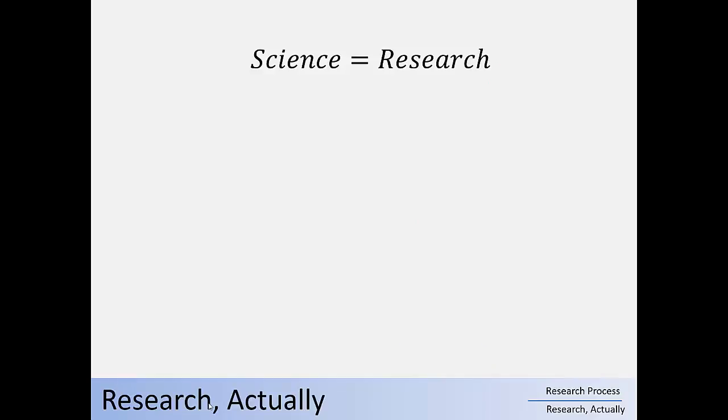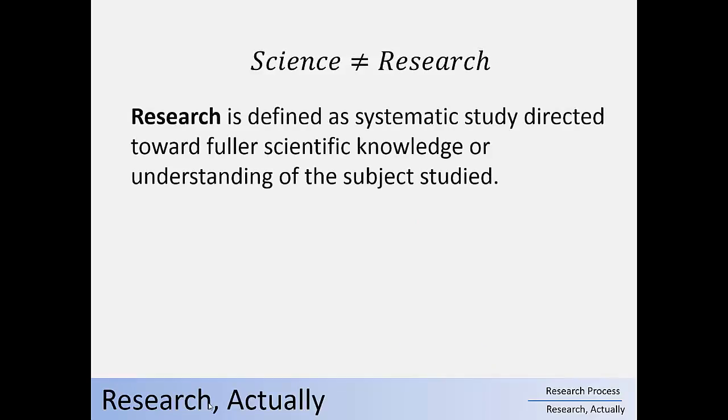So first of all, we have to separate science and research, because they are defined differently. I have the definition up on the screen, and you'll notice that we can do research on any subject. You can design a research study in humanities, and you can design a research study in business. In business and industry, research will look different than it does in academics. We have a whole separate presentation that deals with that, because in industry, people say, I'm going to research this. And even in high school, you might be told, oh, go research this. That will look very different compared to what academic research looks like. So just keep that in mind.